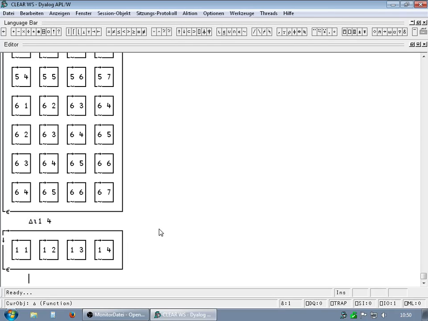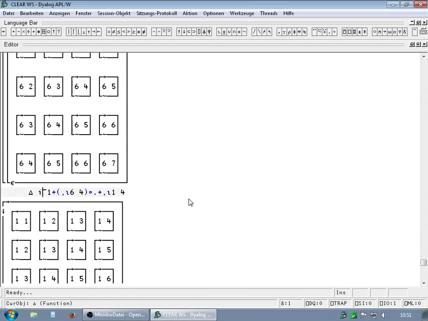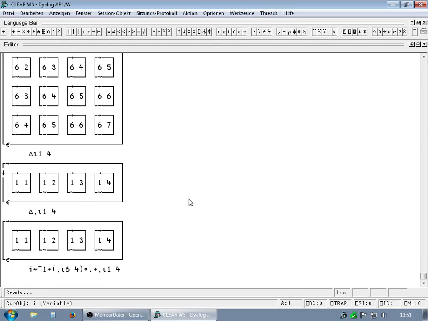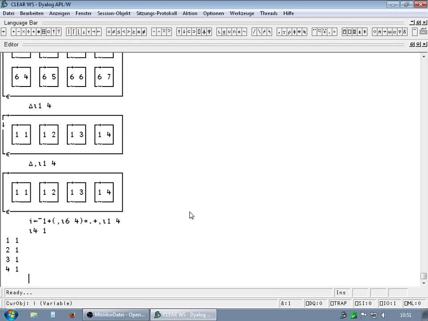Okay, so this is this here. We don't want this down arrow here. Okay, so let's construct our index array here further, and add the vertical four lines. So we could just copy this